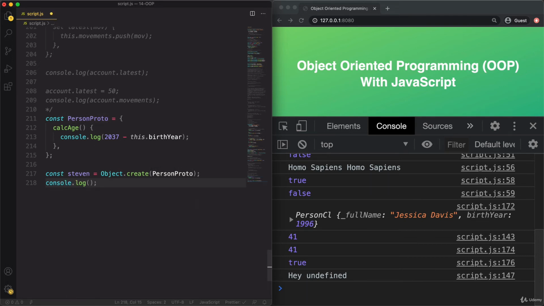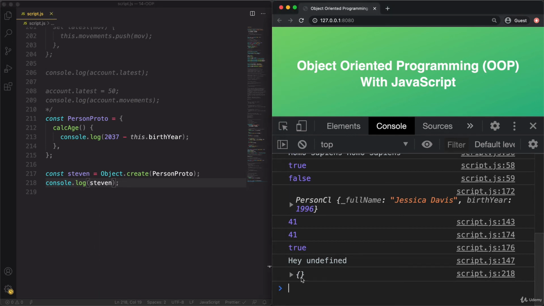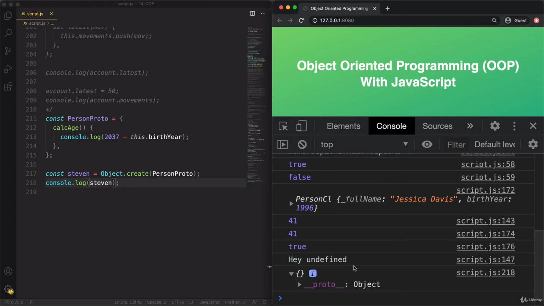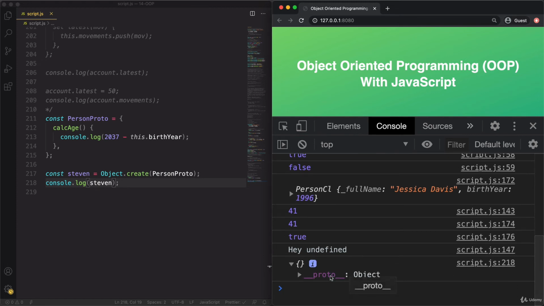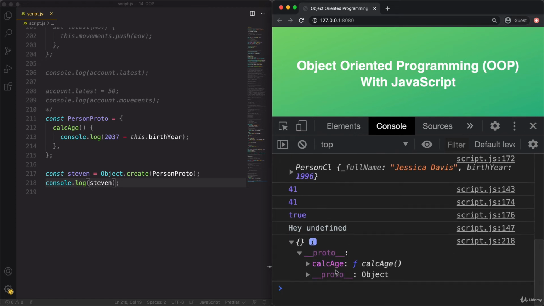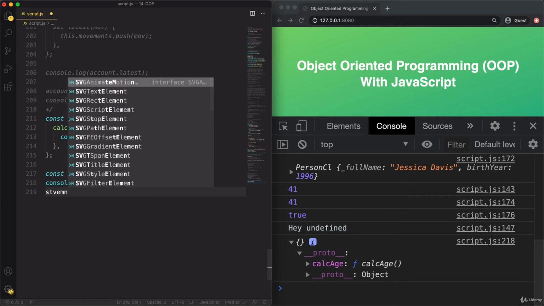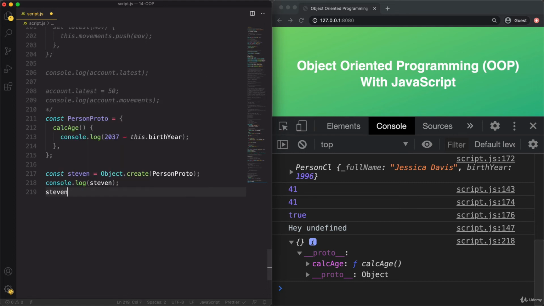And we can already see that here in the console. As I said, for now it is empty, but we already have the prototype, and in there we see we have calcAge. All right. But now we don't have any properties on the object yet. So let's quickly fix that. Steven.name.